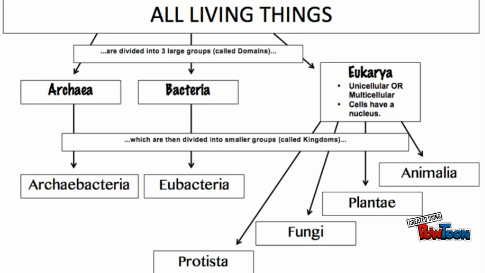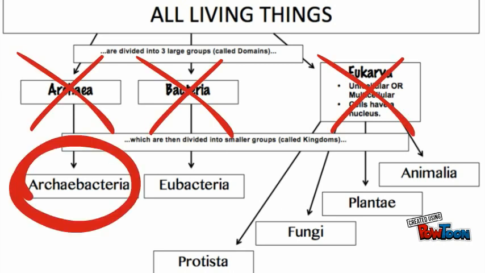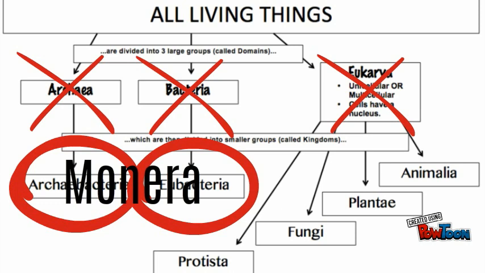It's important to remember that scientific discoveries happen daily, and that this system of classification can change. For example, when I was in life science, there were no domains, and the kingdoms Archaebacteria and Eubacteria were combined into one, called Monera. Let's look at each kingdom one characteristic at a time.